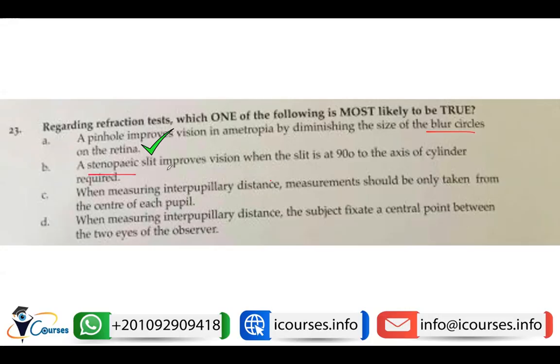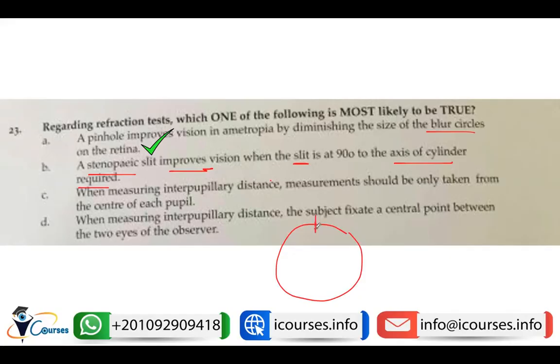A stenopic slit acts as an elongated pinhole. So this can be used for astigmatic patients. When we put the slit at one principal axis of the astigmatic eye, then the second line focus is eliminated. So in order to have an improvement of the vision, we need to put the slit at the axis of the cylinder required. Again, like here, if the patient has an axis of 90 degrees,